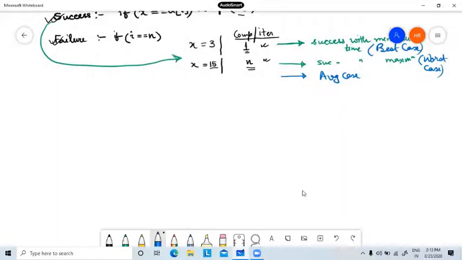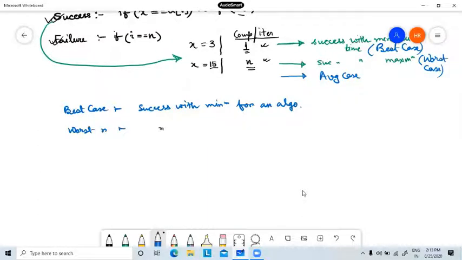So best case means success with minimum time for an algorithm. I'm writing in short. Worst case, remember, it should be success with maximum time for an algo.